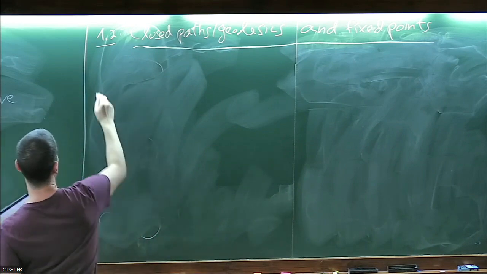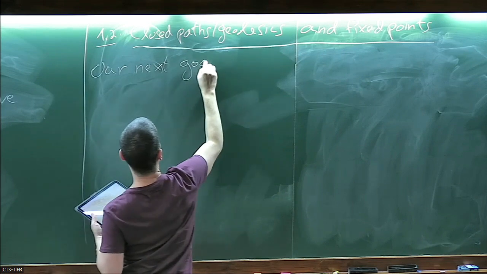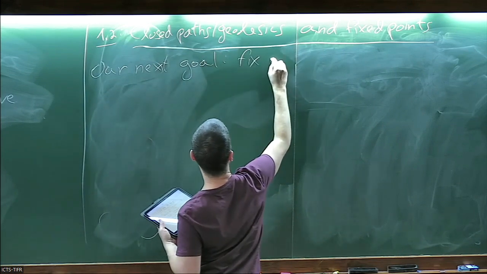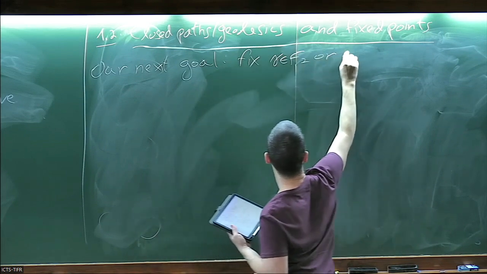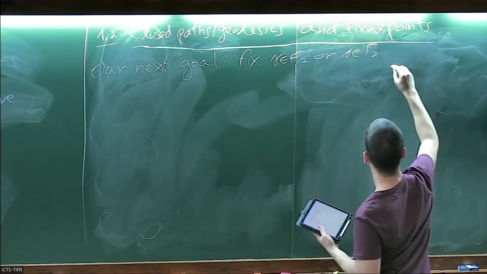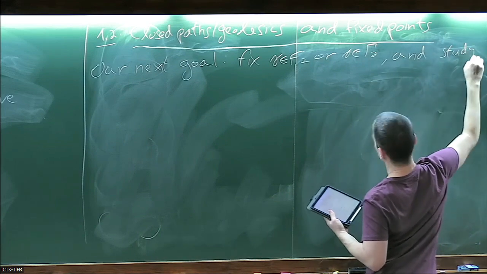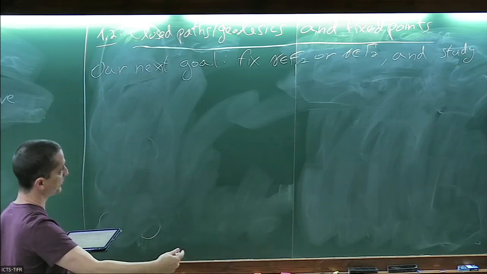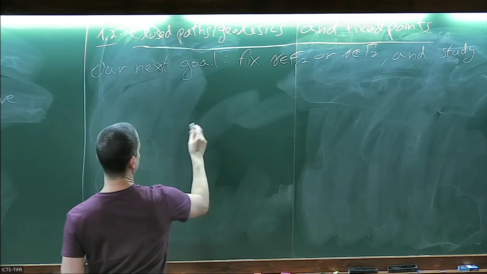Okay, so our next goal: we're going to fix some element gamma, either in the free group or in the surface group, and study the number of fixed points of the permutation corresponding to gamma. But notice that,